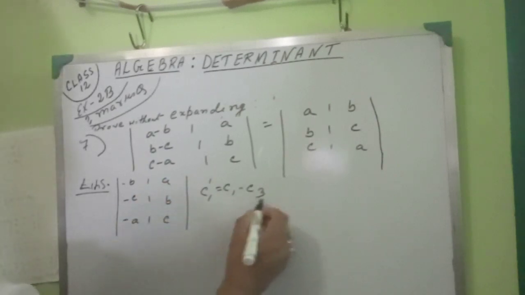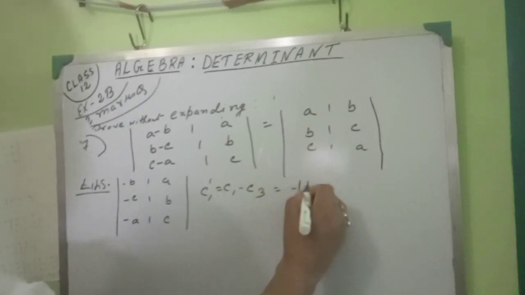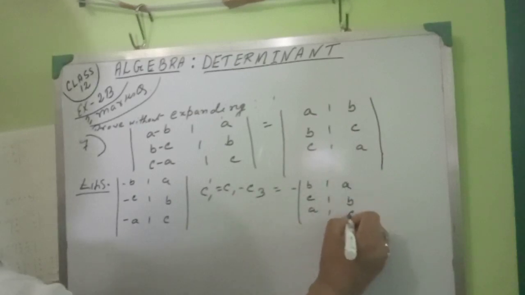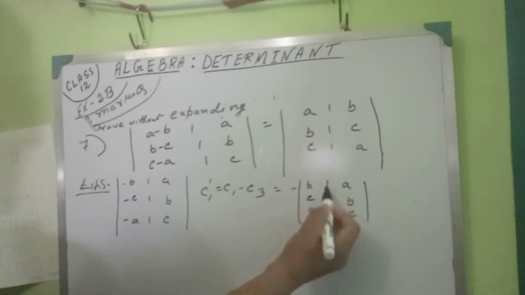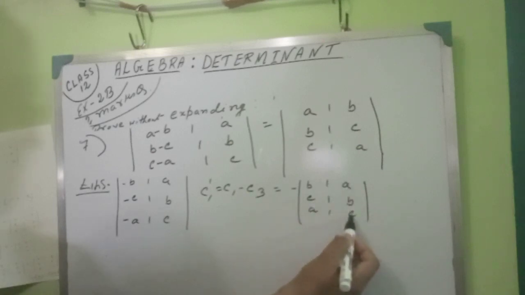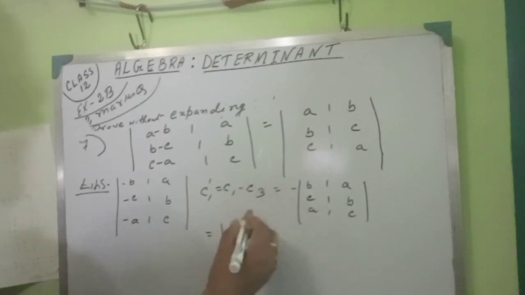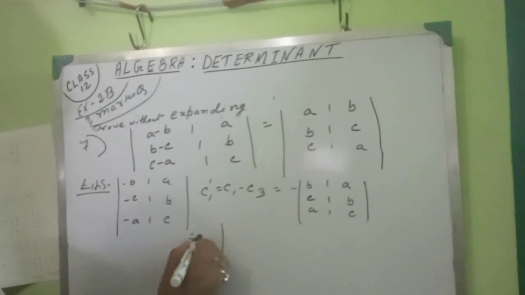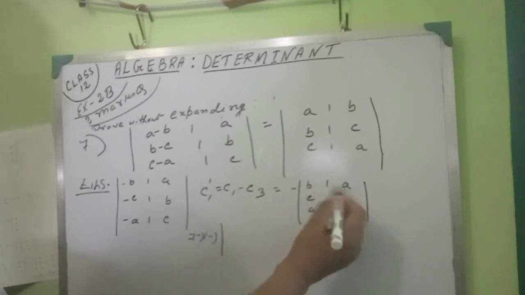Okay. Which is equal to minus of B, C, A, 1, 1, 1, A, B, C. Now, this 1, 1, 1 is in the second column and A, B, C in the third column. Now we have to change these two columns. Then what we will get? Again one sign will be changed. So minus into minus. Minus already existing there, another minus for these two columns.